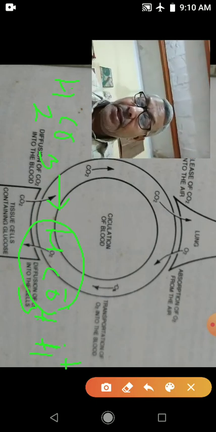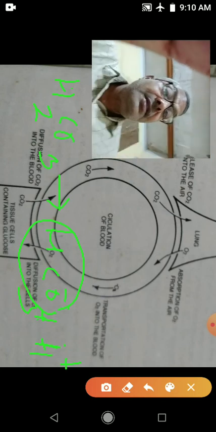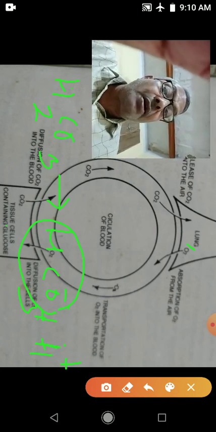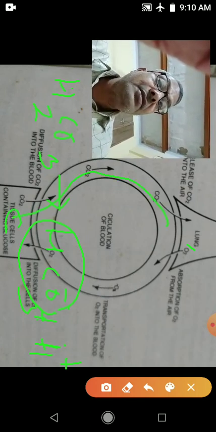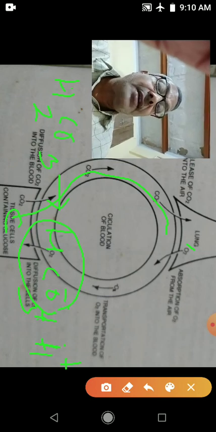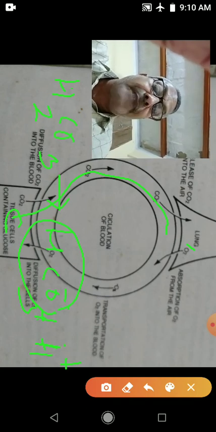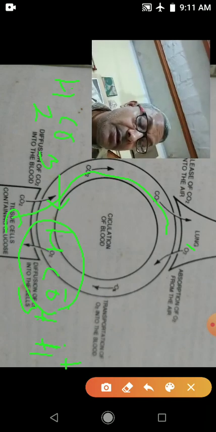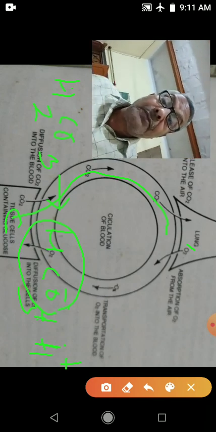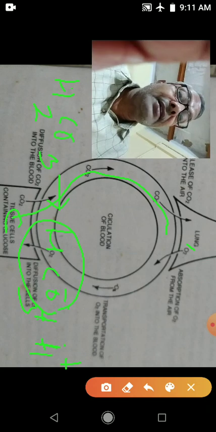So this I told how is the transport of oxygen from the lungs to the tissue of the body, and from the tissue how carbon dioxide is again transported to the lungs. So carbon dioxide is transported in the form of carbonic acid, in the form of sodium bicarbonate, in the form of potassium bicarbonate, in the form of carbamino compound, in the form of carbaminohemoglobin. So this I told transport of oxygen and carbon dioxide.